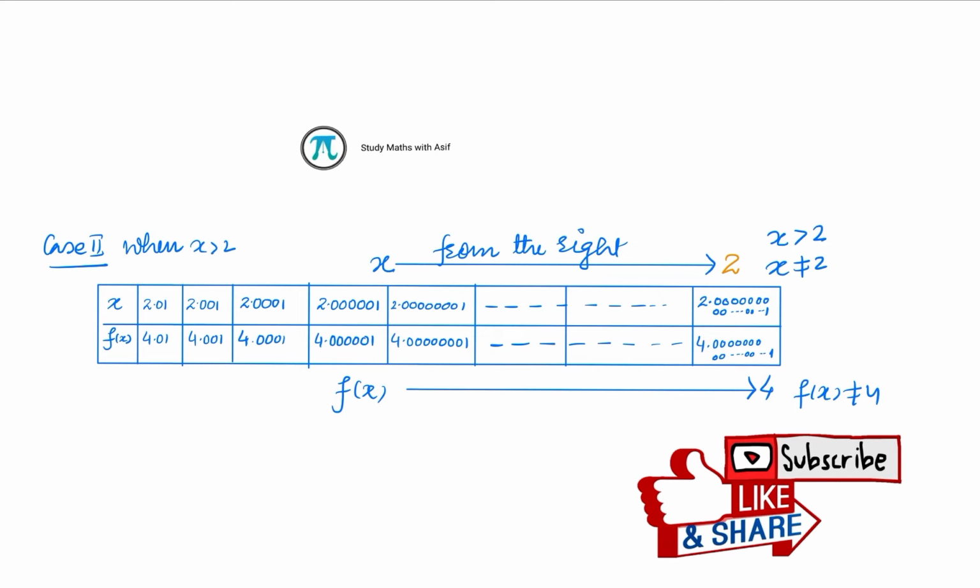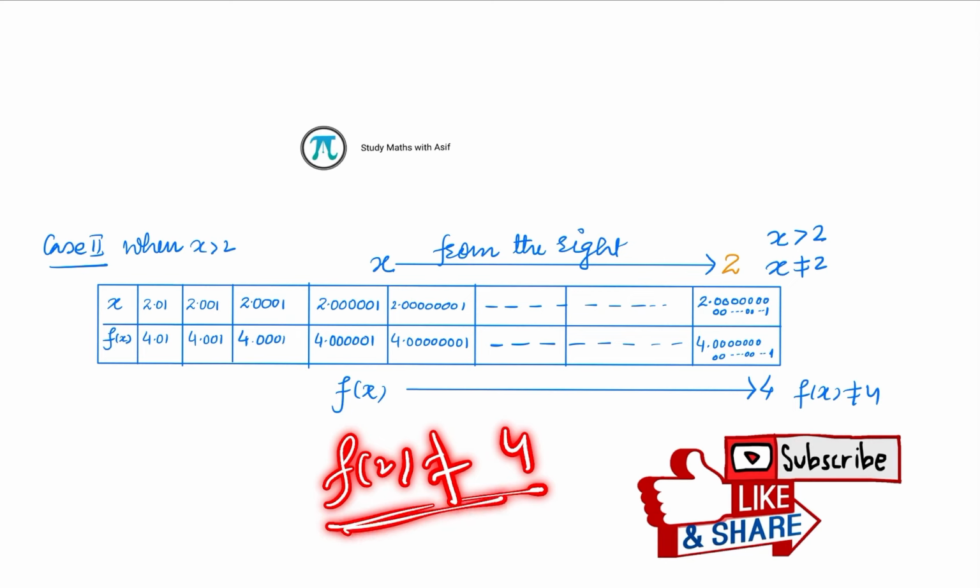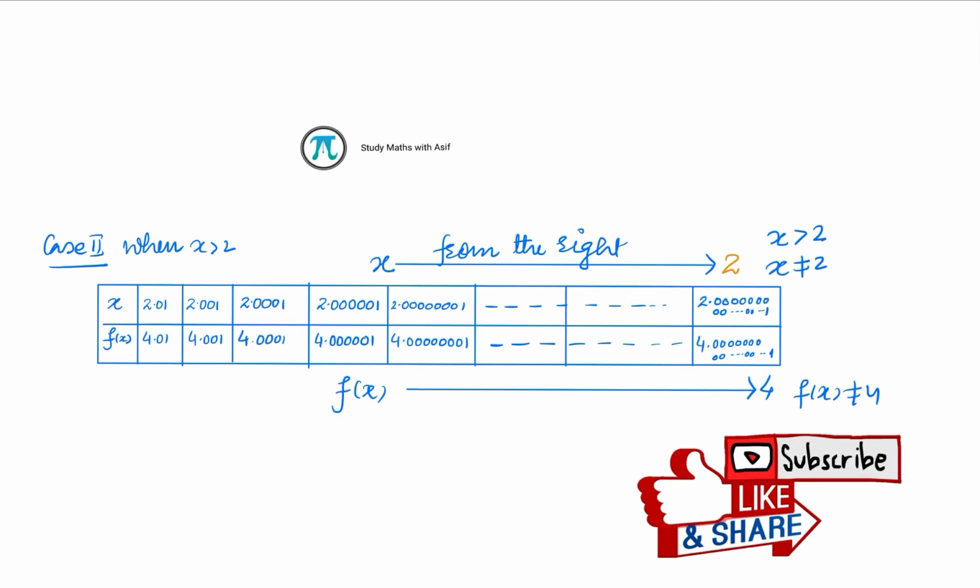So that is what I told you. It's the beauty of the limit, which is different from the value of the function. The value of the function should be, when you put x equals 2, f is 4, but it is not defined. It is mentioned in the question. Right, now let's understand this with the help of the graph.